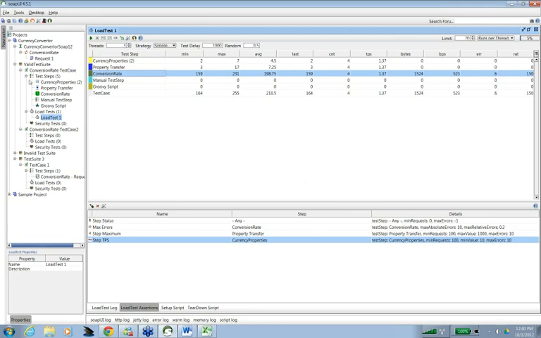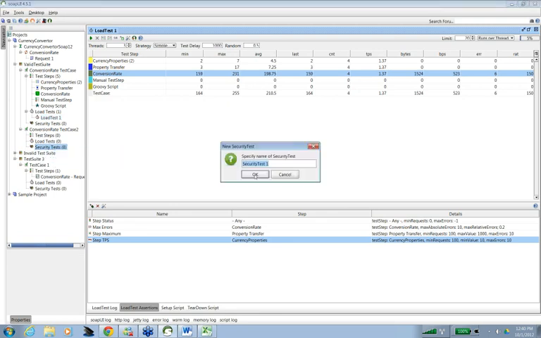So this is a very basic load testing which can be done. Extensive load testing can be done using LoadUI. If you want to try, you can download LoadUI and do some load testing there, right? So this is again very basic testing, and this is an average of whatever we have done. If you add it up, this is the addition of everything. Then we can do some security testing as well. So you can create a new security test.